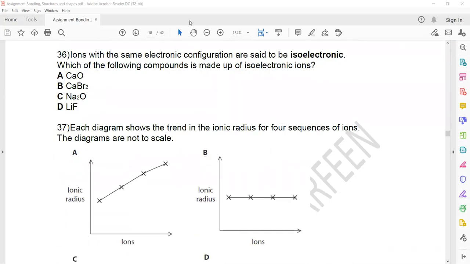In question 36, ions with the same electronic configuration are said to be isoelectronic. Which of the compounds is made from isoelectronic ions, like having the same number of electrons? So calcium oxide, how is calcium oxide formed? By calcium ion and oxide ion. Calcium has 20 electrons, but calcium ion will have 18 electrons. And oxygen has 8 electrons; oxide ion will have 10 electrons as it takes 2. In calcium bromide,